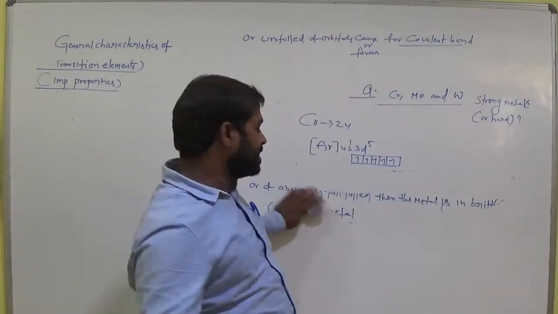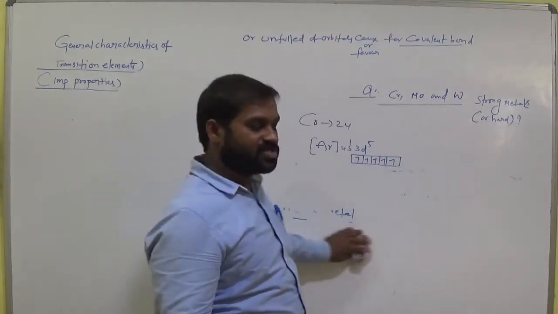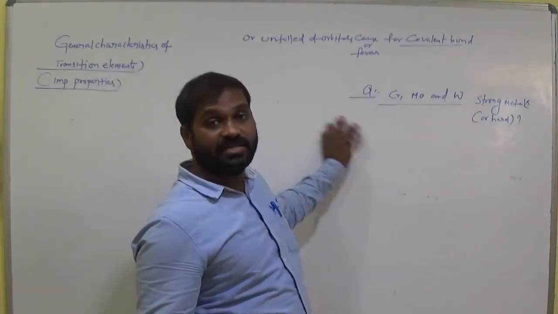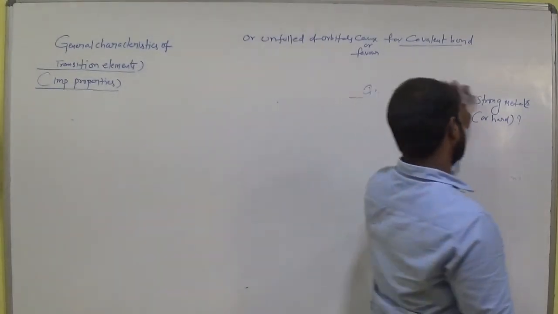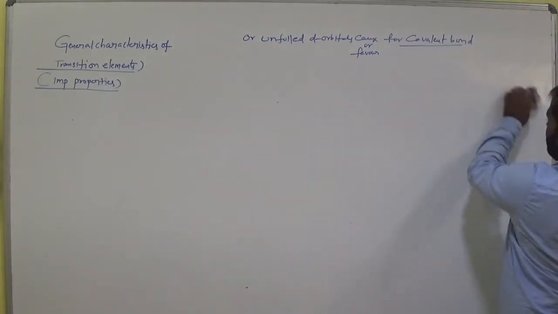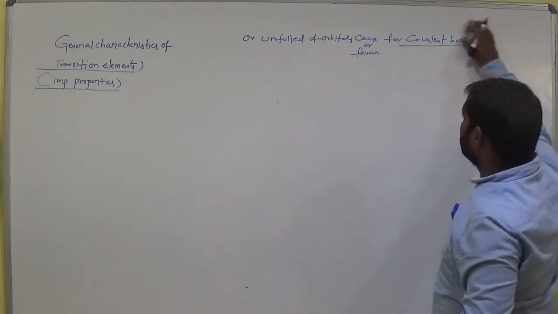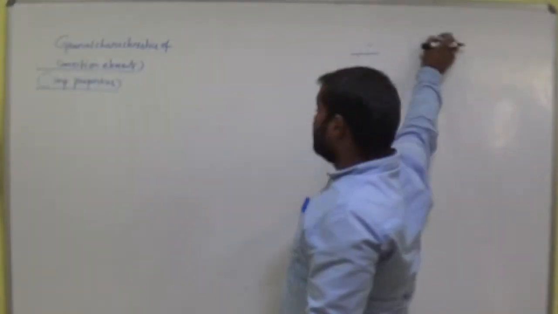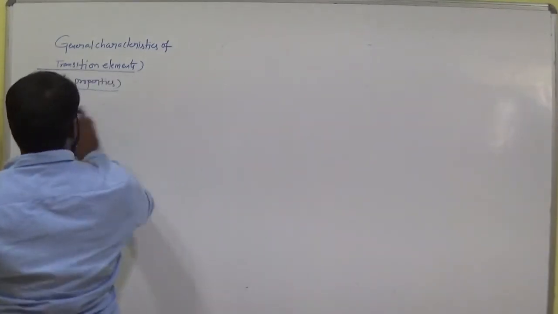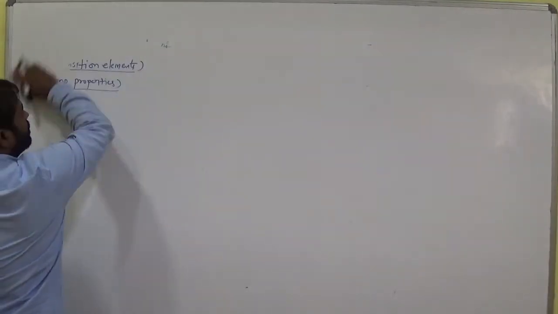If unpaired electrons are possible, then strong covalent bonds are possible, and the metallic bond is also very strong, so they are very strong in nature, otherwise they are soft. The best example is chromium, which is very strong. In the case of zinc, it is a soft metal, brittle in nature, and mercury is almost a liquid in state. Am I right?